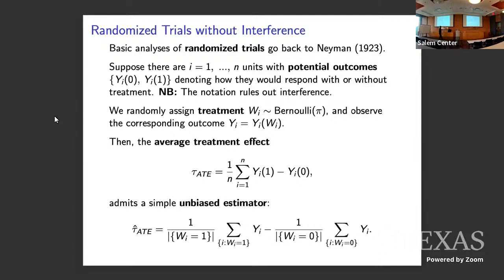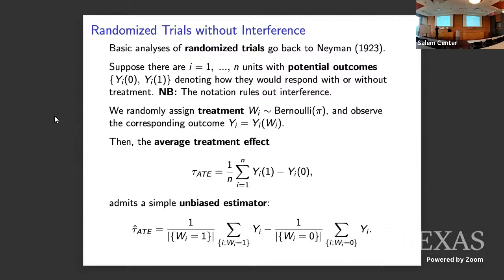And then what are we trying to do? Our question is, what is the average treatment effect? The average difference between the treated and control potential outcomes, the sample average treatment effect here. And the first result of inference is that in this setting, if you take the average outcome for treated units minus the average outcome for controls, this is unbiased for the average treatment effect, based on randomization. Amazing result in its generality and robustness, but where can we poke at it?